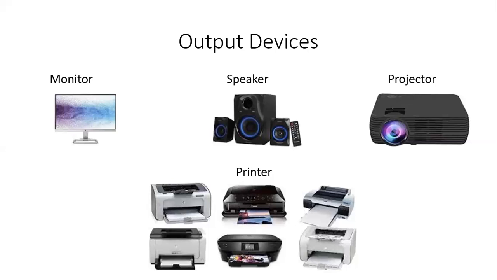Some are non-impact and some are impact printers. Laser printers are a category of non-impact printers, whereas inkjets are an example of impact printers. There are many other categories of printer. I request that you go through certain notes, then you will be able to find how many types of printers are available and which of them are used in which scenario.